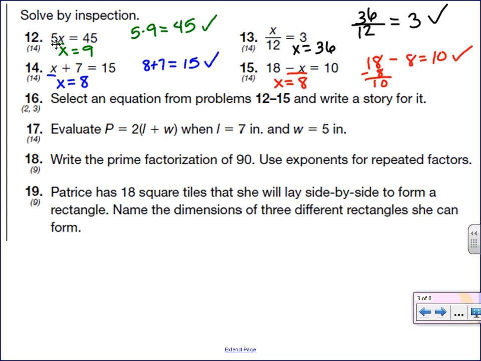In number 16, it says select an equation from problems 12 through 15 and write a story about it. Okay, so I'm going to give you an example. I want you to make up your own, maybe pick a different one. So I'll choose number 13. We can say that